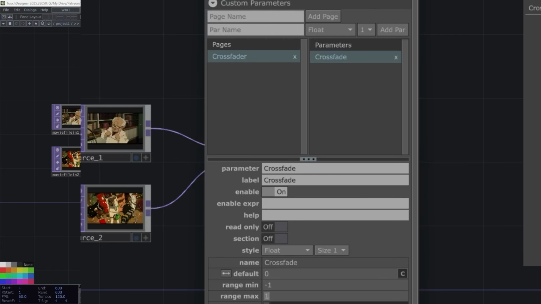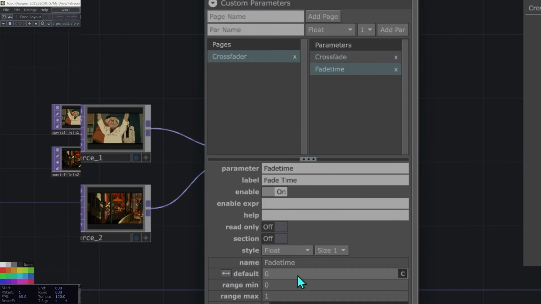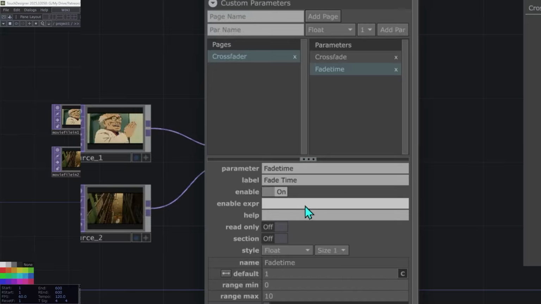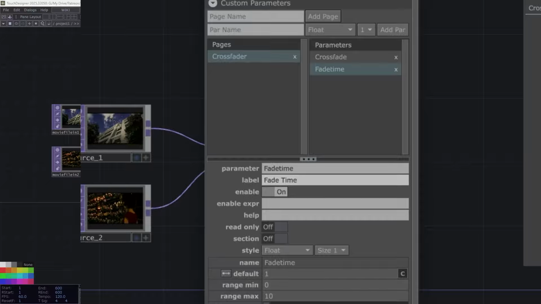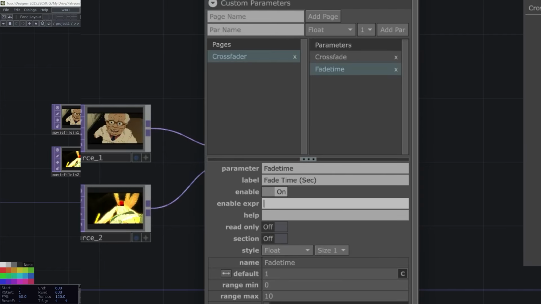As we said earlier, we were going to be smoothing out those transitions. So let's add a parameter for how long those transitions should be. So we can call this one fade time. And set the default to maybe like 1, and then range max to 10 or so. For parameters that are amounts of time, I like to be very clear as to what unit those are in. So in the label here, let's just add parentheses and then sec, just to indicate that this means seconds. We're also going to add a menu parameter for the composite mode, but we're going to do that a little